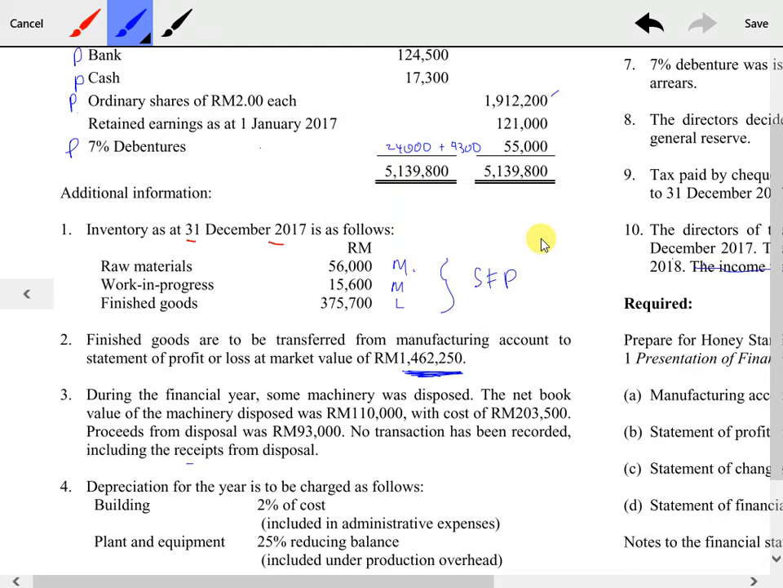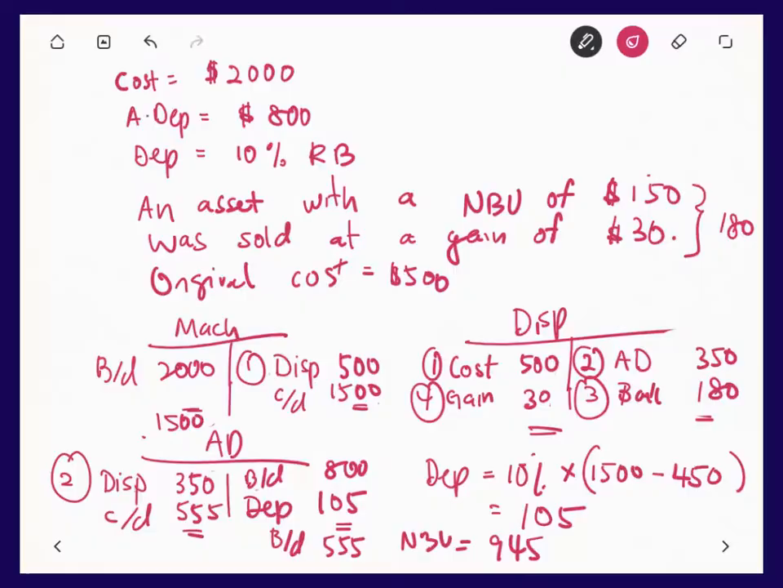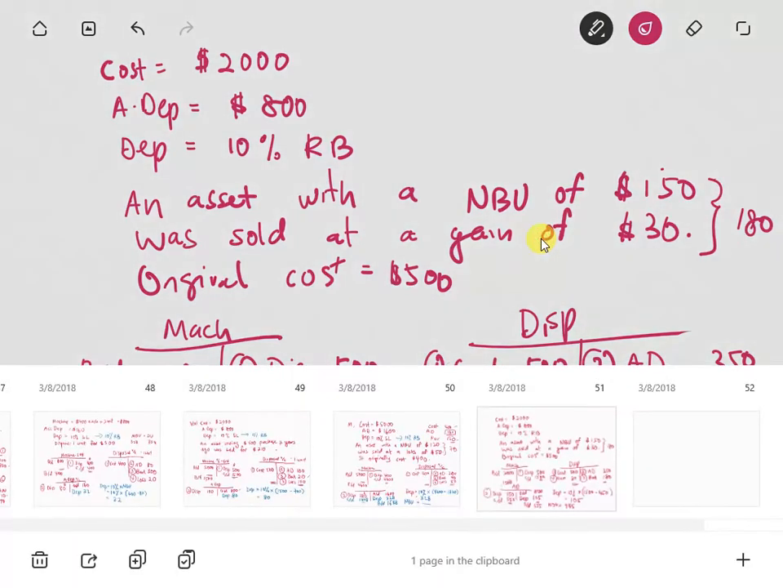What if I got unrealized profit? Must I minus from my finished goods here? Yes. So this question, yes, we have. Note 2. Finished goods are to be transferred from manufacturing account to the SPL at 1462. So we're going to transfer at 1462. Okay. So this one here, meaning, if you refer to this example here,